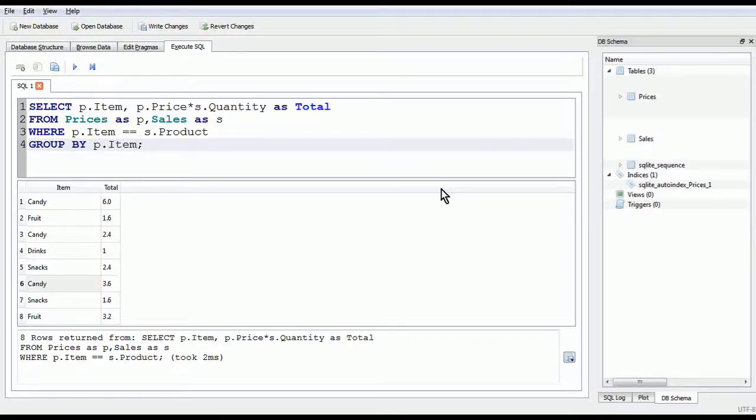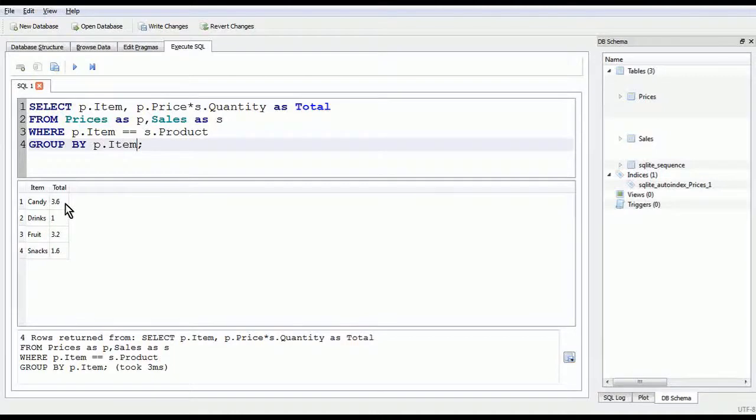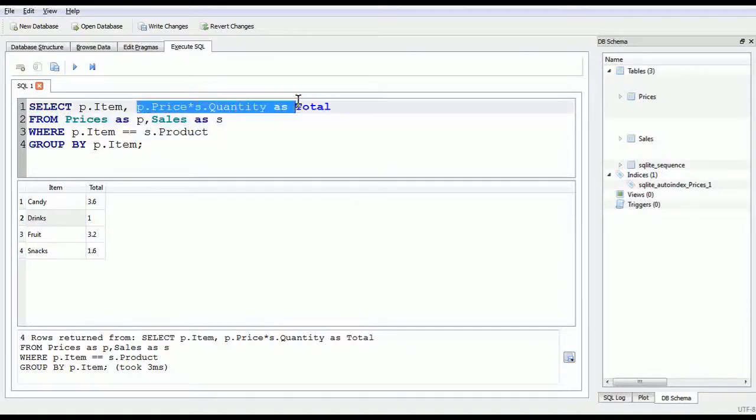Now, if I were to run this, notice that our totals actually come back wrong, even though we have successfully consolidated all of the same item together. That's because we've actually formed our query wrong. We've only told it we wanted to read back a total, but we didn't tell it which one. Again, SQL has a solution for this. You simply say sum. By doing this, you are summing up all relevant rows, and as you can see, now